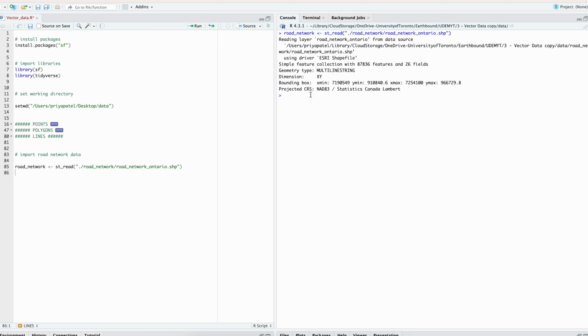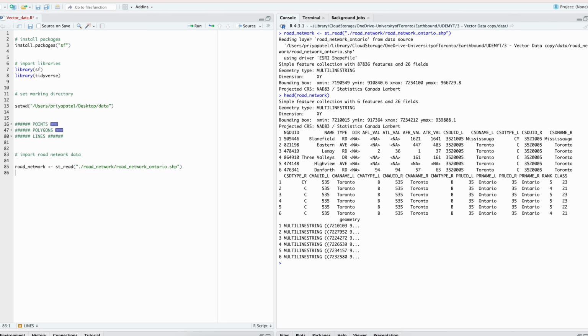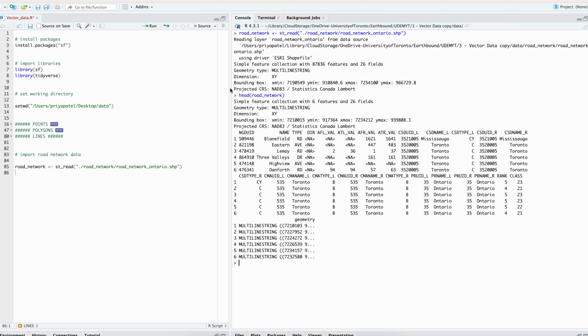So let's take a look at the first 6 rows of this data. And we can do that by using the head function. If you use head without any other argument except the variable name, it'll output the first 10 rows, not 6, 10 rows of the data. So let's put road network in there. Okay, so we have 26 variables, and we have an ID, names for the different road networks, the city in which it's located, and other parameters. What I'm really interested in is the type